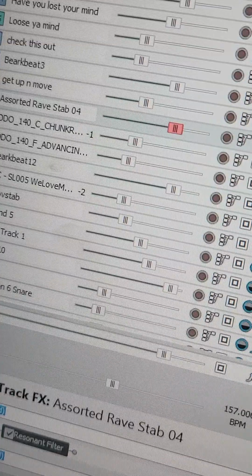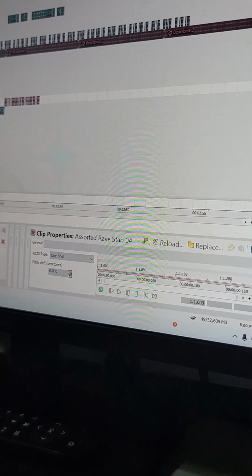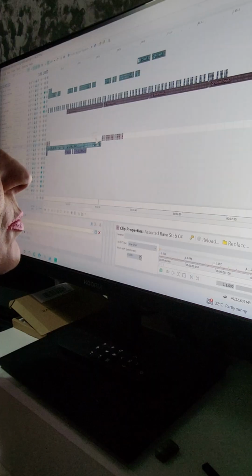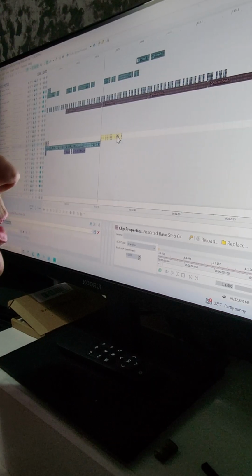But anyway, so I'm just going to put the filter in the breakdown, which you can watch me do if you like. If you like watching people make hard dance music. The track's actually quite trancey at the beginning. Right, okay, so I'm just going to put this into the breakdown,